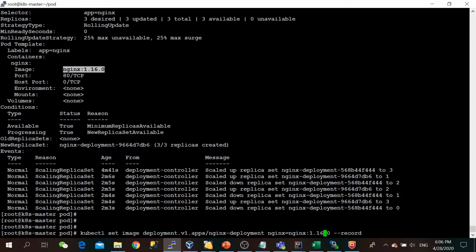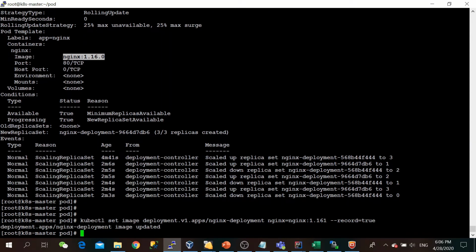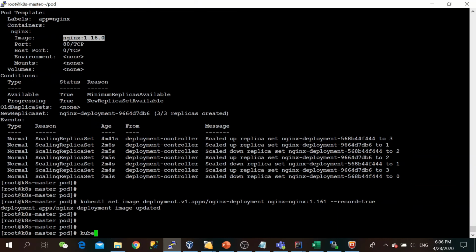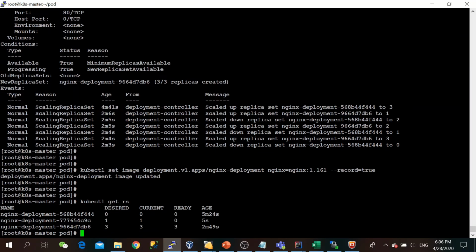Before that, let's suppose that by mistake you put in some faulty version which is not available. How will it react? Let's see. Again, the same way, we will check the replica set. So this was the previous one.